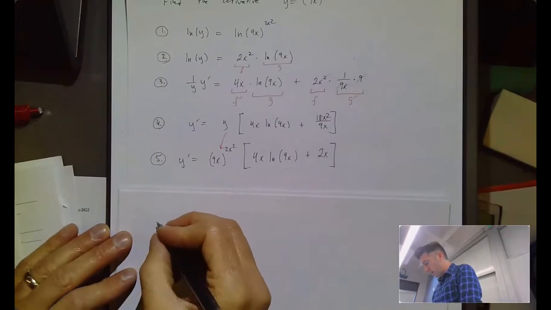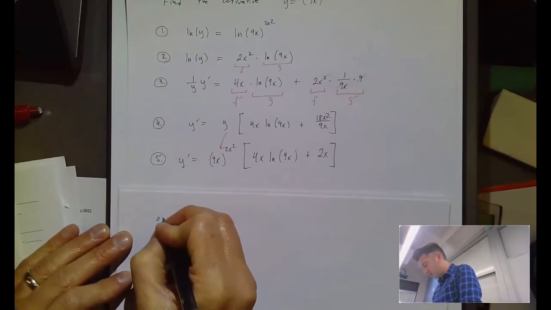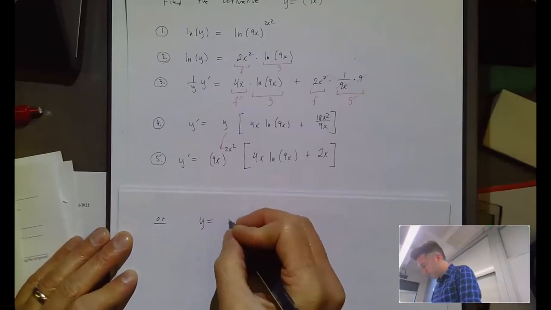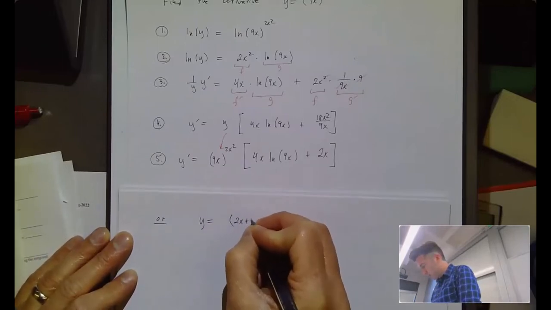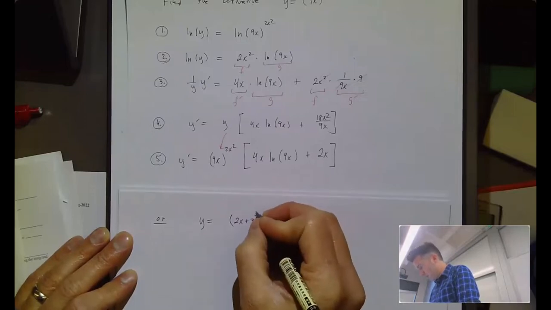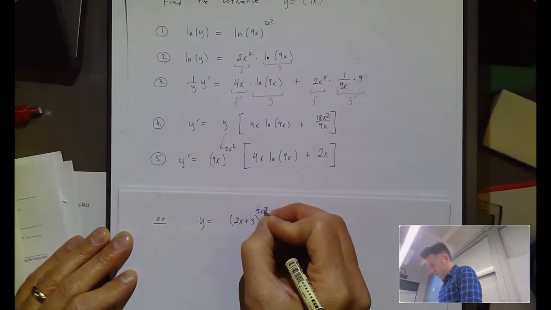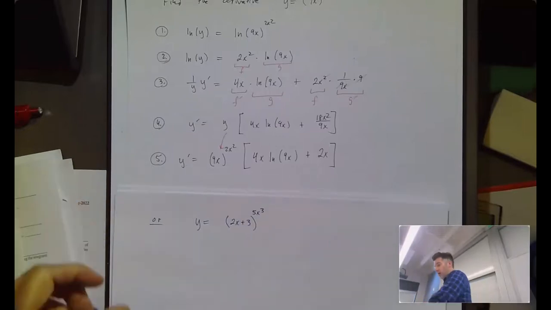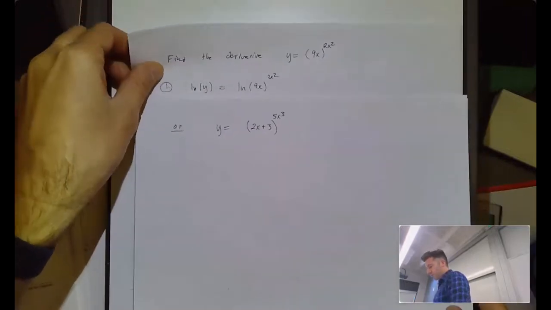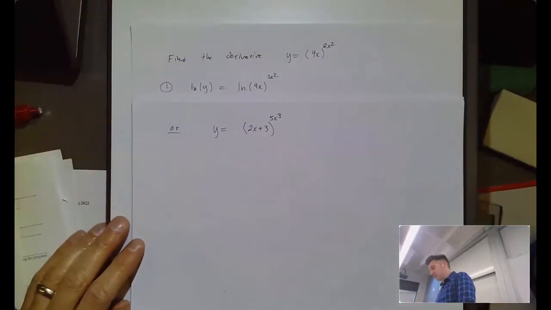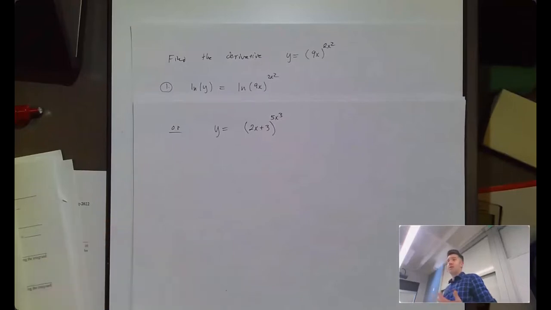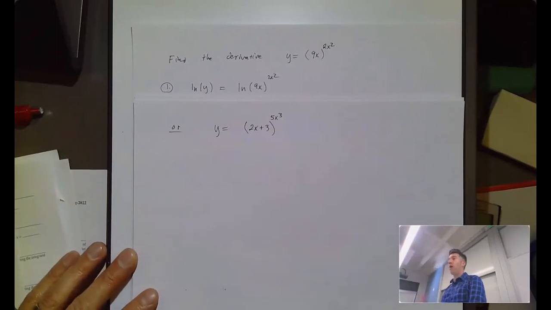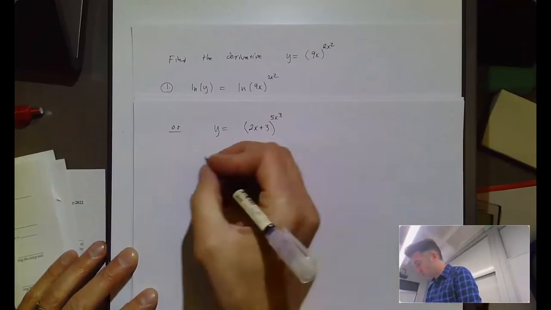So let's say we want to find the derivative of something like y equal to, let's make it a little more fun, 2x plus 3 to the 5x cubed power. So one way of doing it is the way we did it before, where we took the natural log of both sides and so on. The other way we can do this is by rewriting the right-hand side as e to the natural log of the thing. So we can write it as